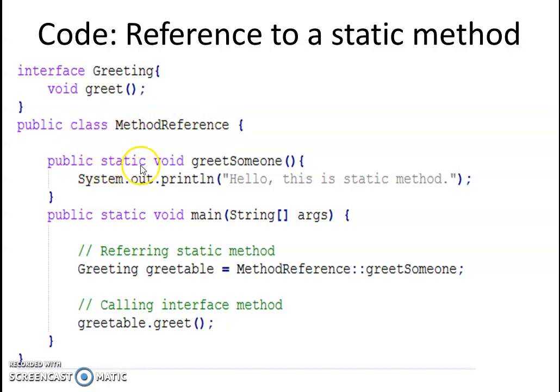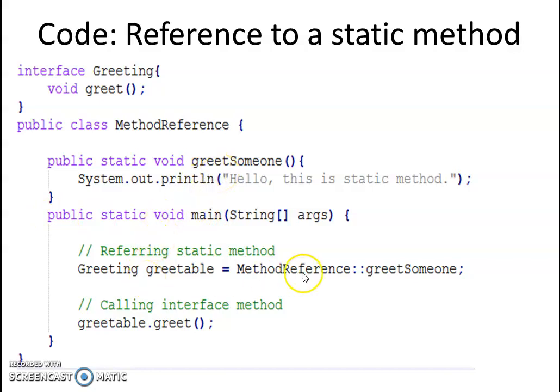So public static void, and the static method name is greetSomeone. Inside this method we have one print statement: hello, this is static method. And next we have the main method. So inside the main method we are referring to this static method.